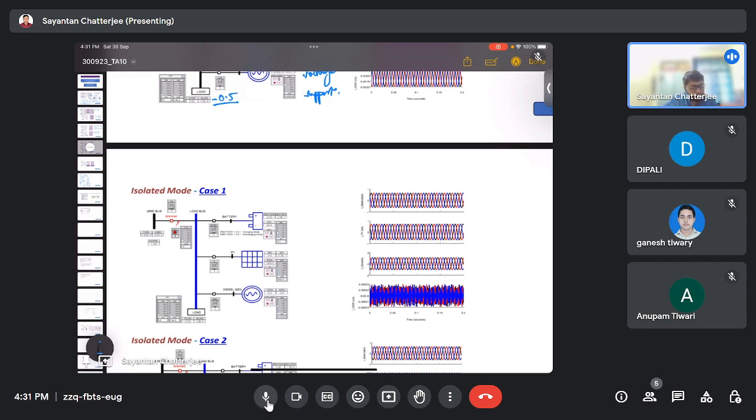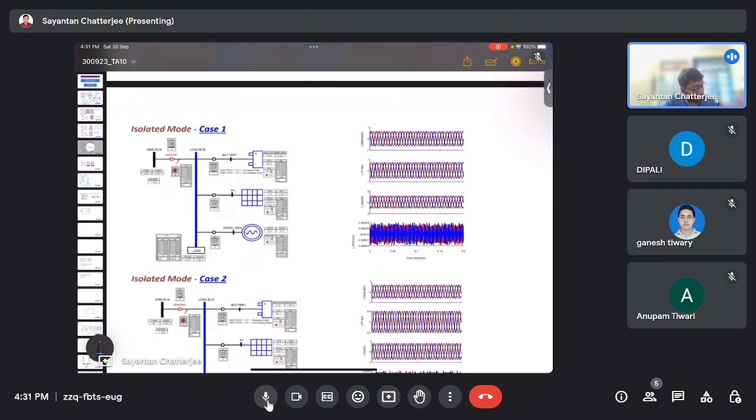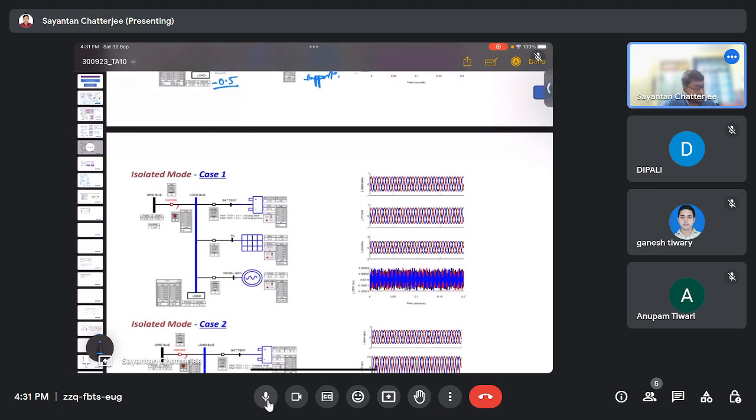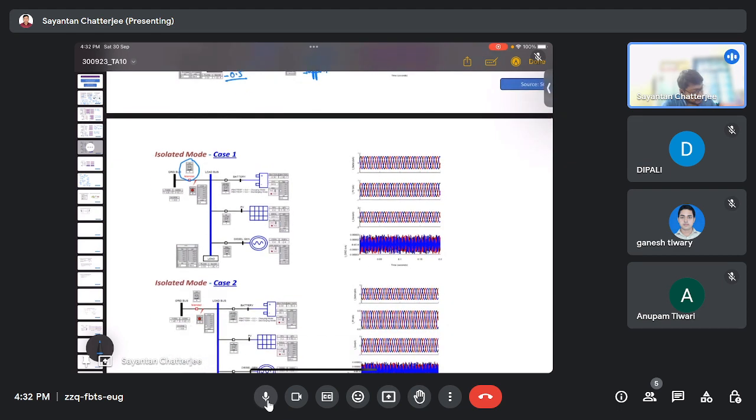And now coming to the isolated mode of operation, where the system is islanded. Here we can observe that the grid is tripped. There is no connection from the grid side. So that's it. Here in case one, again,